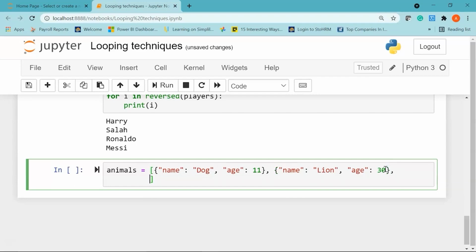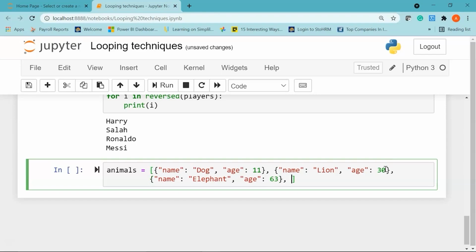We'll go to the next line and this time we are going to have another animal. I'll say elephant. Give a comma. Let's say the age is 63.